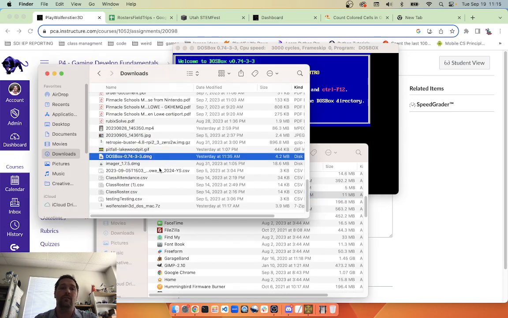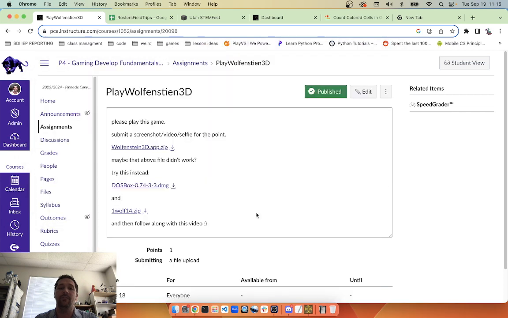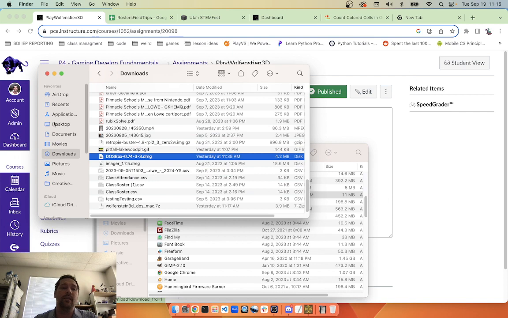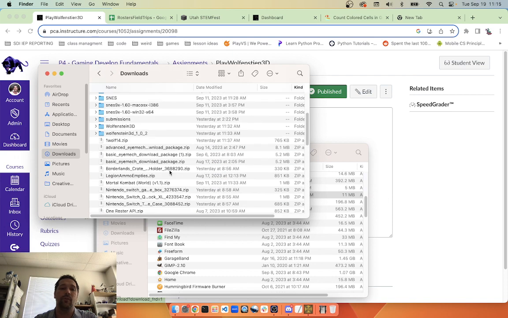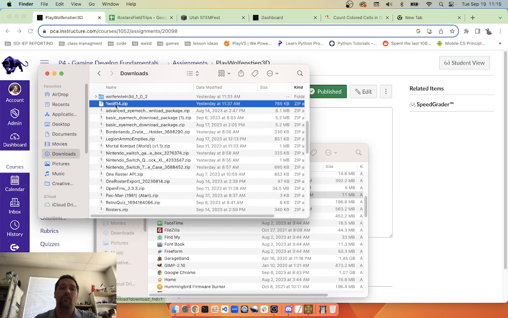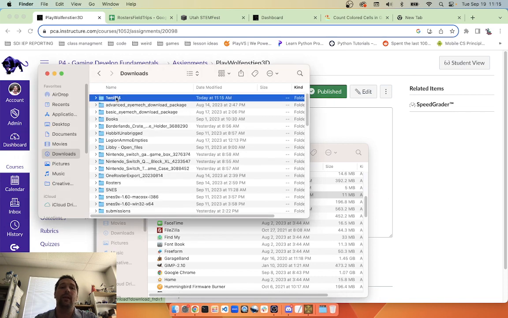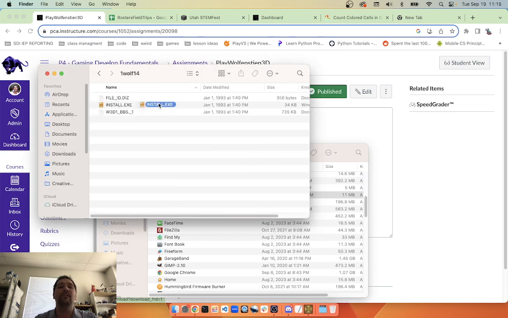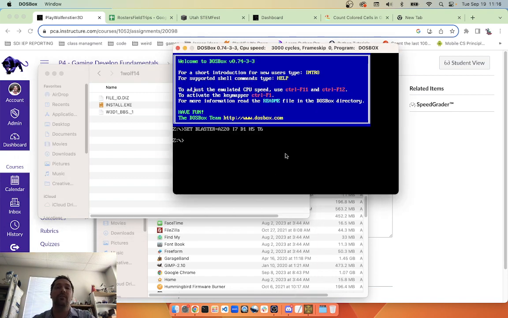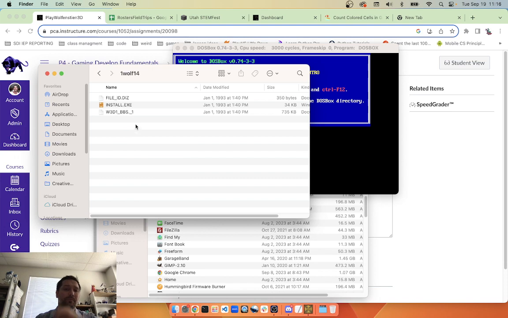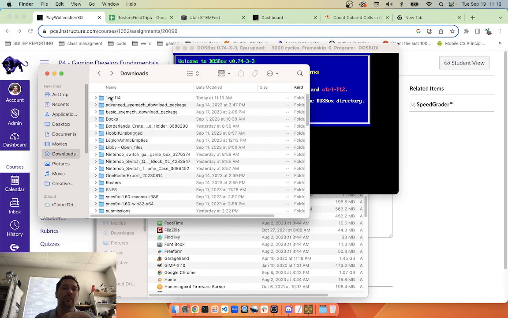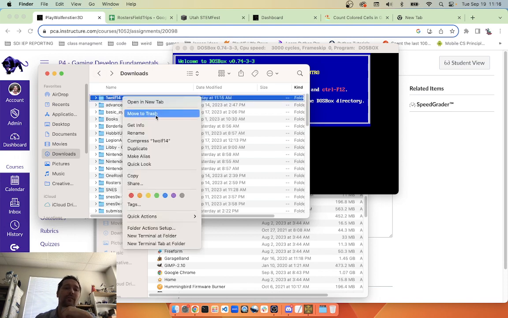In the install files, we have wolf14.zip, and we can find that again in our downloads. If we open this up, we can see a folder, and we have this install.exe and a couple of other files in there as well. We want all of those files, but we want them in a place that we can get to them in DOSBox. So we want to take this folder and copy it,